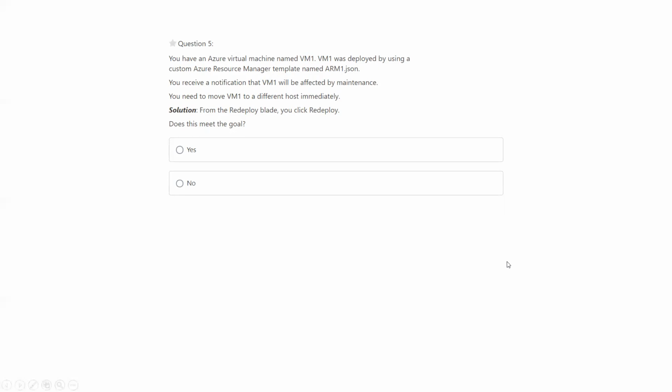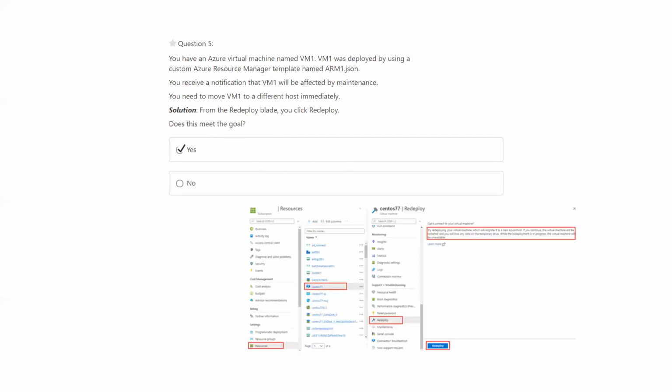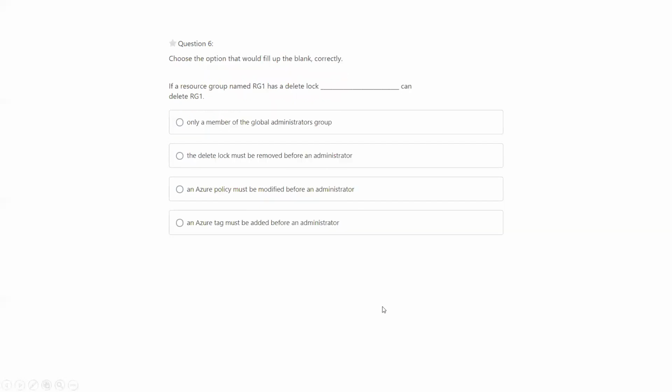So it's basically talking about redeploying. From the redeploy blade, you click redeploy. So this is true. You have the redeploy option in the left menu in the VM. When you select the VM, you will be able to see redeploy. From there, you will be able to redeploy. So the answer is yes.